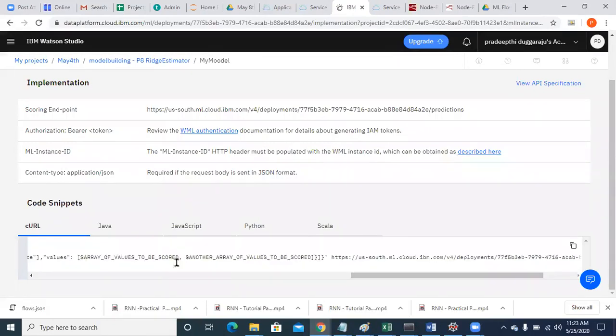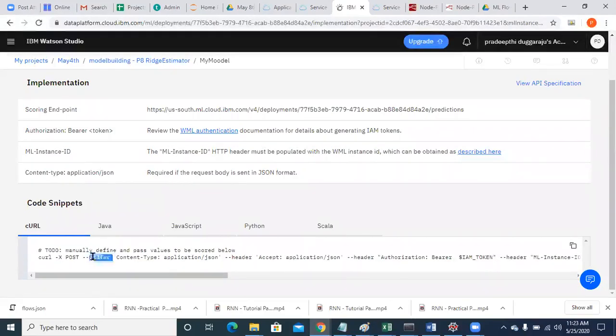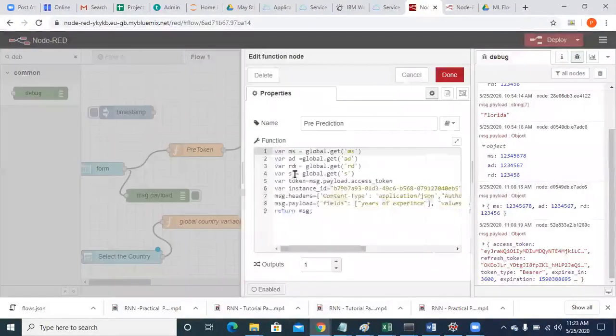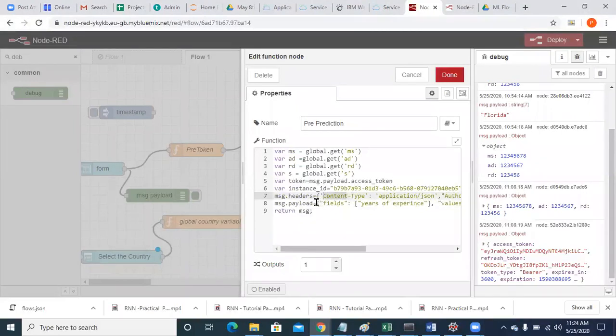In this pattern, you have to communicate with the scoring endpoint. You see this header, content type, application JSON, authorization. Now you have message.payload as fields, years of experience, right?